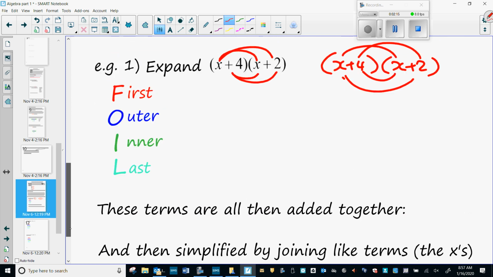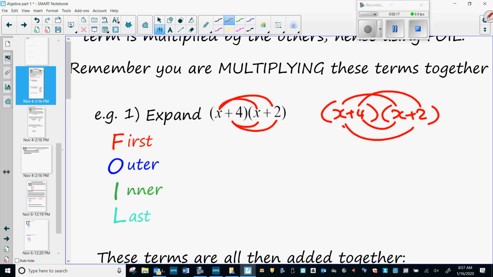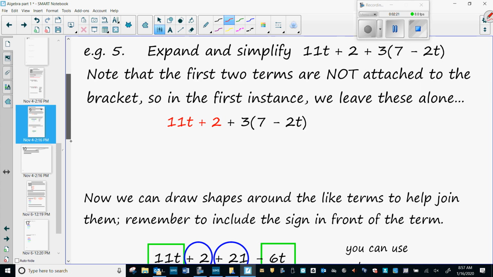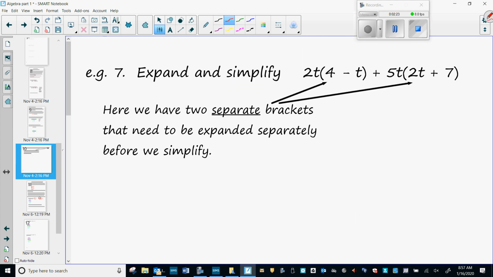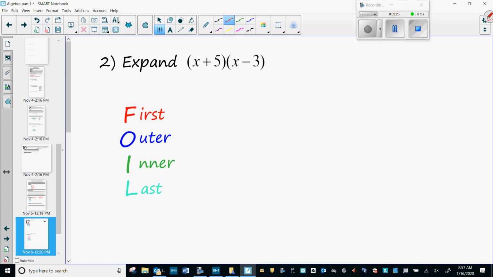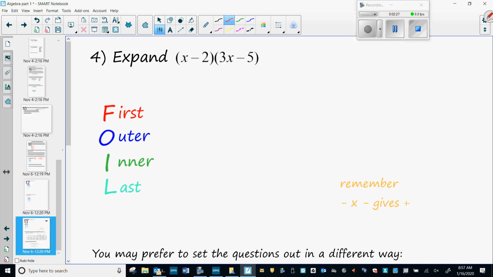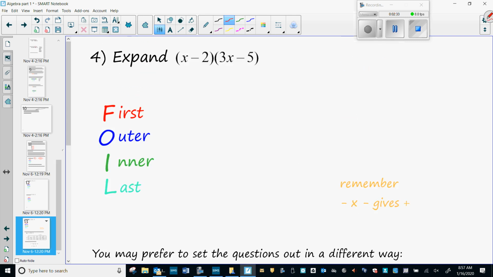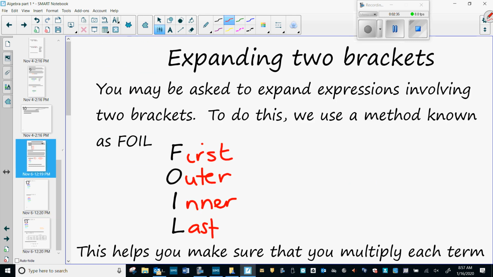There's also a box method, which I think I'm going to do next at some point. I don't know either. Yeah, so there is a box method. I think I do that on the last page. Yeah. Okay. But with anything in algebra, and with anything in maths, full stop, if you have found a way